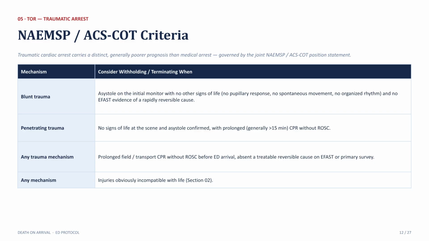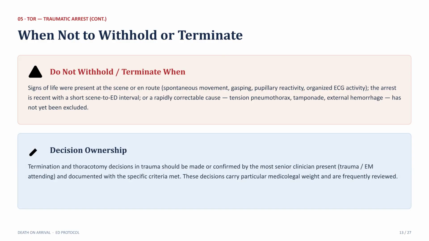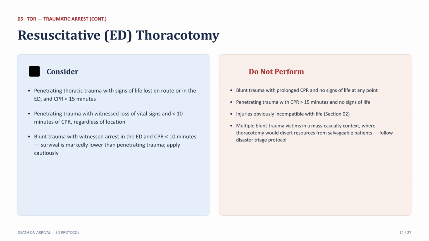Traumatic cardiac arrest requires distinct criteria governed by NAEMSP and ACS-GOT, taking into account the mechanism and specific findings on scene or in the ED. Do not withhold or terminate if signs of life were recent or a reversible cause is suspected. Such decisions must be made by the most senior clinician. Finally, when considering an ED thoracotomy, evaluate the specific clinical context, as outcomes vary significantly between blunt and penetrating trauma